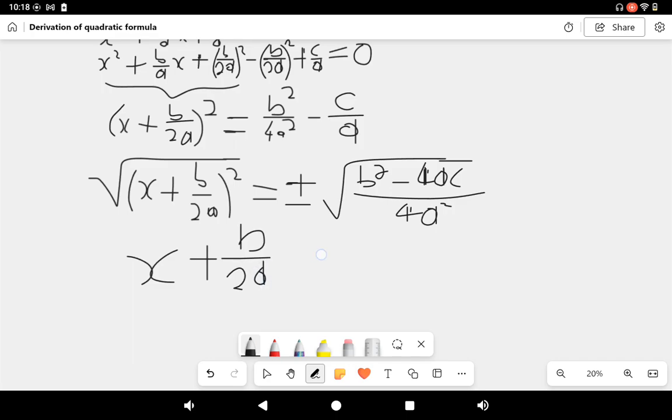Then equals plus or minus. Now the square root of the numerator, I'm just gonna have square root of b squared minus 4